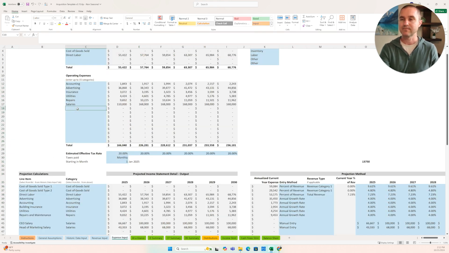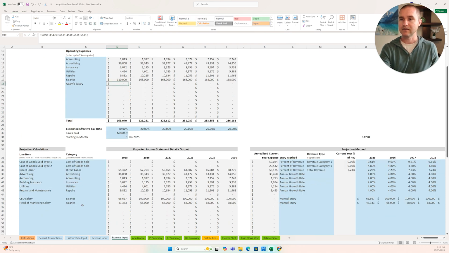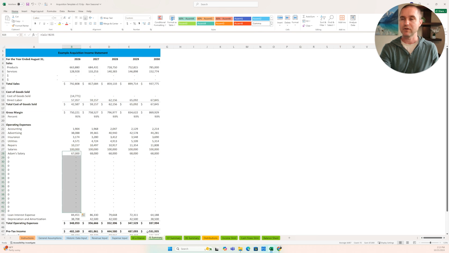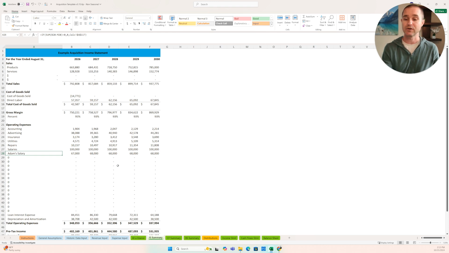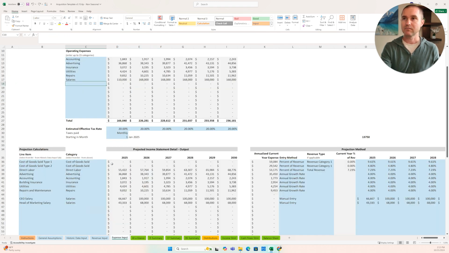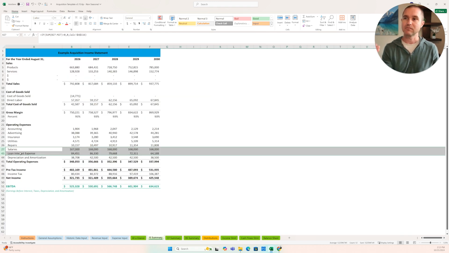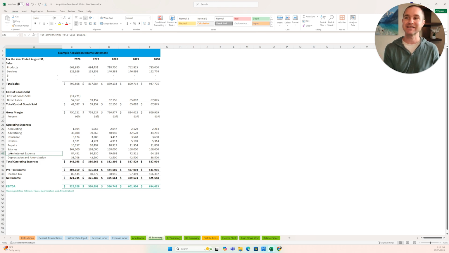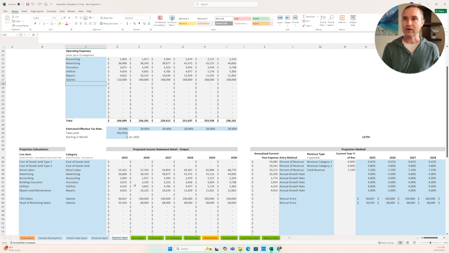So if I wanted to say, here's another expense, Adam's salary, and let's just categorize this one as Adam's salary now. And if we come back here, now we see Adam's salary is showing up in that row that was once hidden. So that's how you can add categories, and when you first add them, you're not going to see them here. You're going to need to unhide those rows, so keep that in mind. Okay,